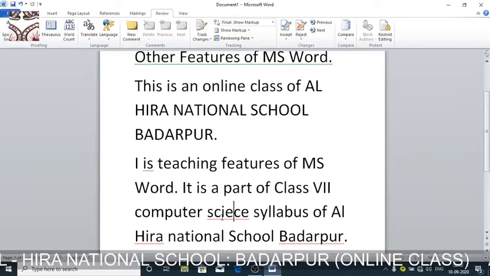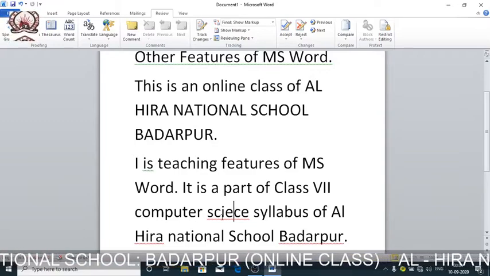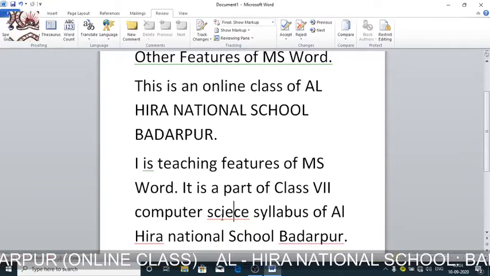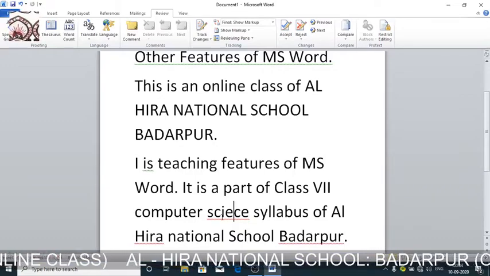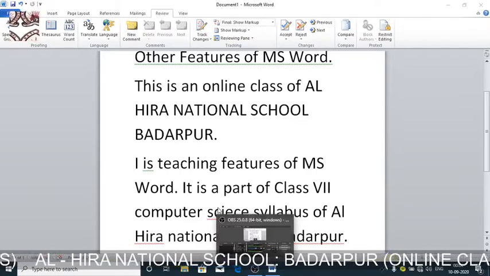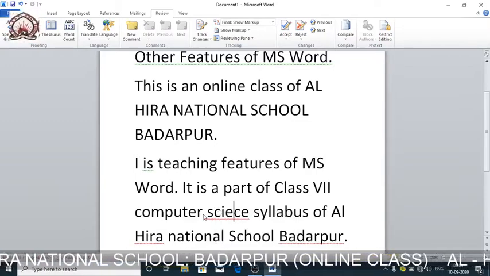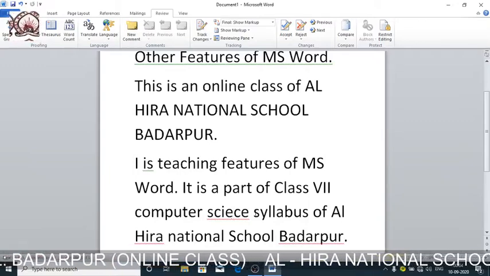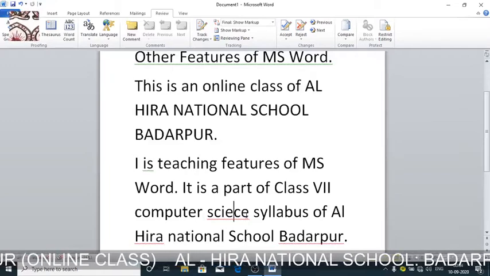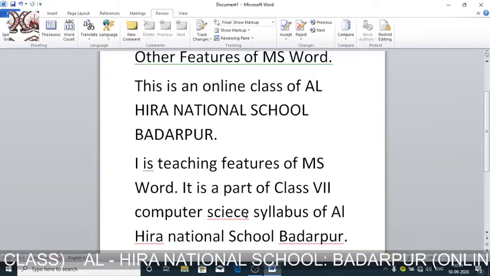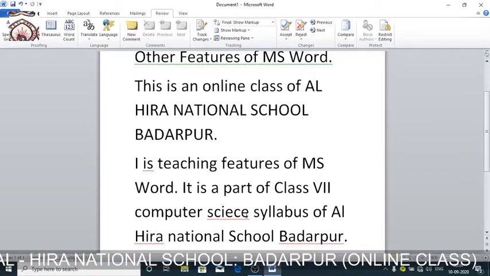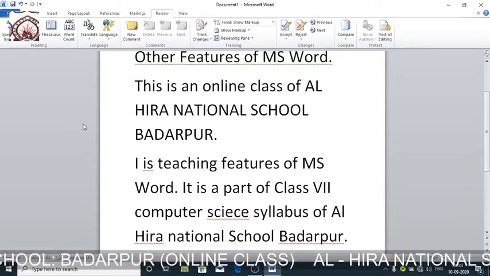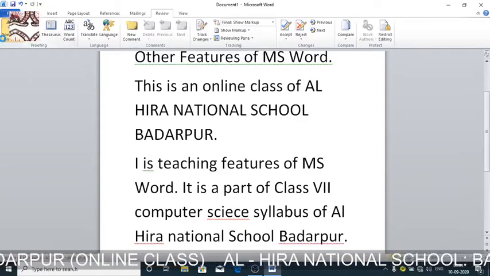You can see right click actually, but in this computer, right click is not working. So I'm just showing another way. When you give right click, a list of words similar to this will come, and then we will choose the appropriate suggestion. So I can do another way. I can use spelling and grammar.